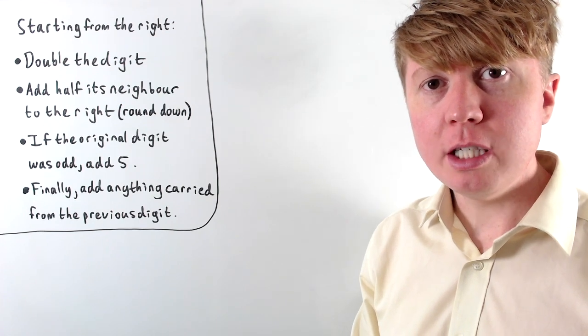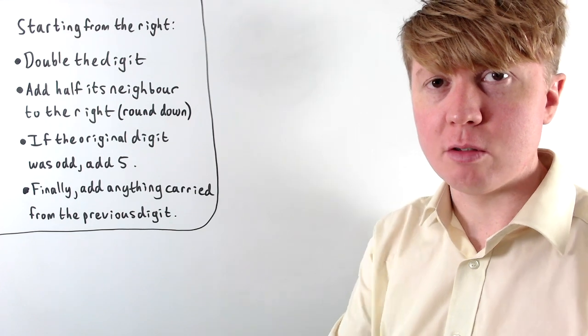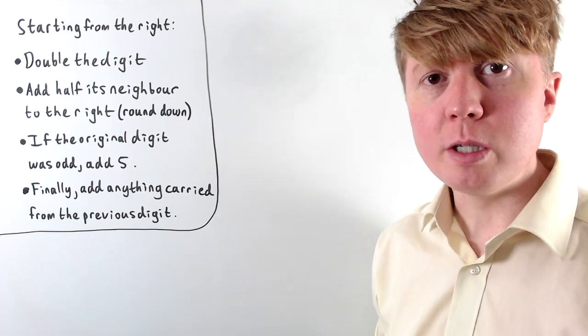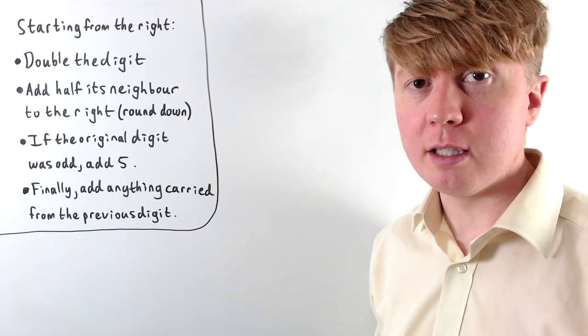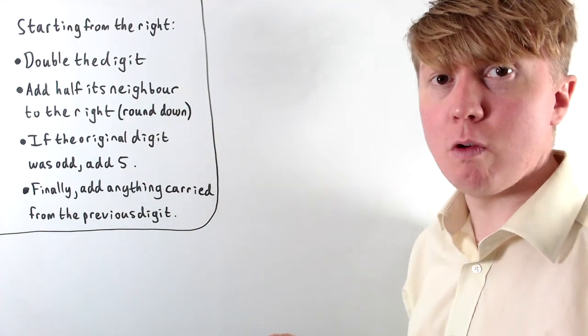Okay, so we're going to look at a neat way of multiplying integers by 7. I think this makes a lot more sense when we see it with an example, but just very quickly, the steps involved are: we start at the right hand side, so we start with our units column, we take that digit, we would double this, then we'd add half of its neighbour to the right, rounding down if we have something that's not an integer,